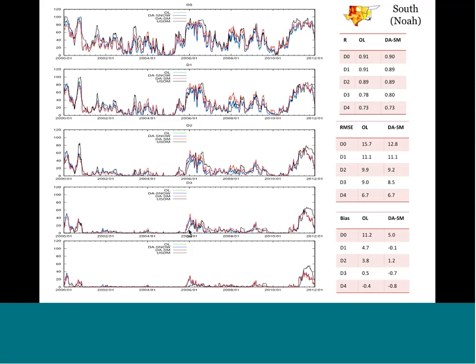So we did our drought monitor in black, and then we looked at the open loop, which is no assimilation at all. That's green. And then there's blue and red lines, which show impact of soil moisture or snow assimilation. And the bottom line is that there's times when the soil moisture in particular has a positive impact. The snow impact, we couldn't really show much. And some summary statistics for anomaly correlation, RMS error, and bias are given on the right. So without going into detail, we found it was sort of a mixed bag. There were times when it helped, times when it didn't. And so we're continuing this line of work.